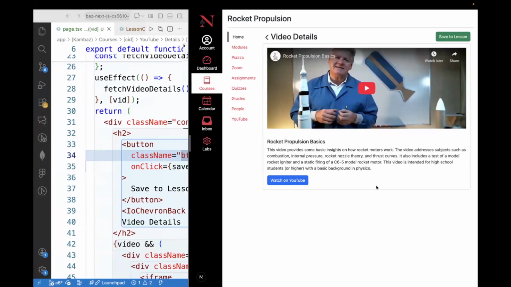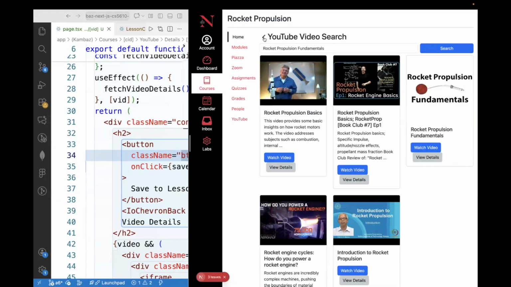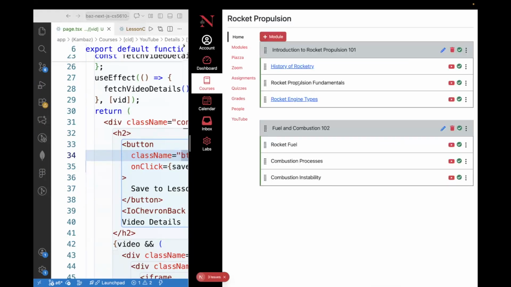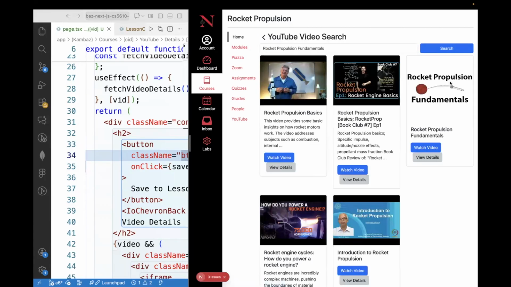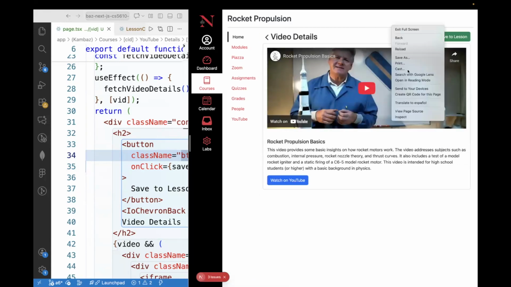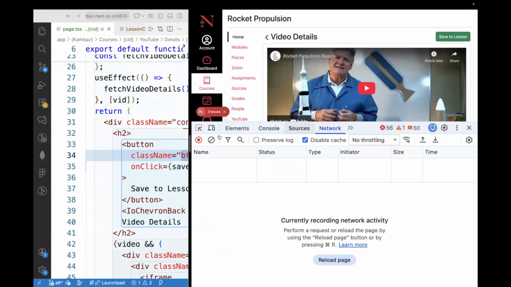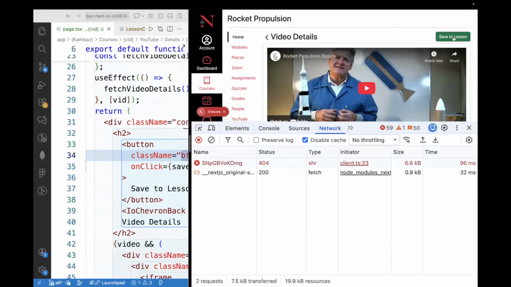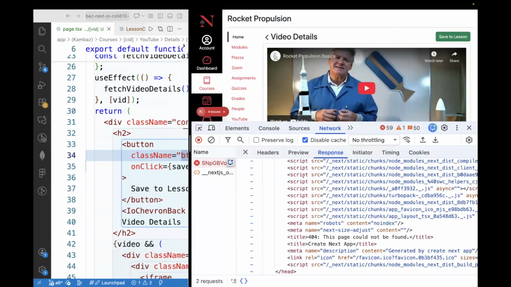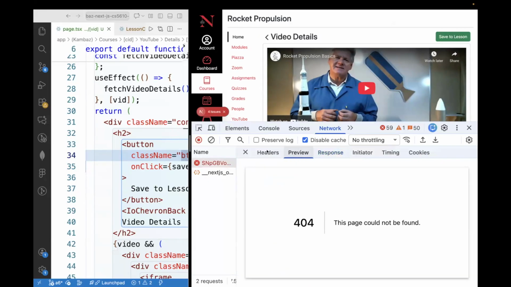So this was the rocket propulsion basics. Let's see, and what modules? Okay, so this one, rocket propulsion basics. If we go there, and then go here, the details, we have a new button here. We can inspect and make sure that we are posting it. We don't have any errors here. So let's save this. Save. And okay, it gives us a 404. Let's see what the client header